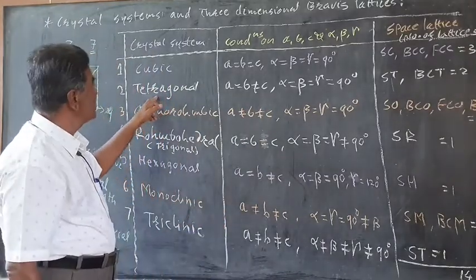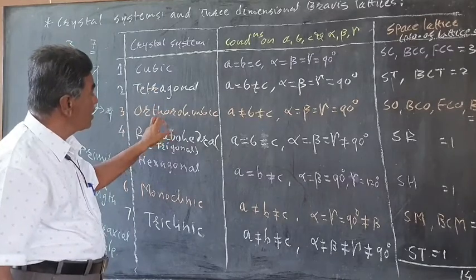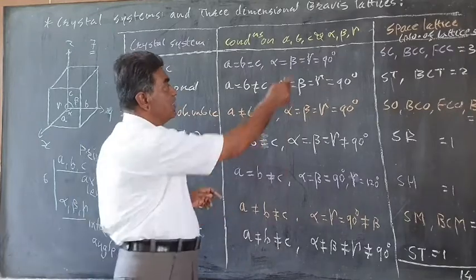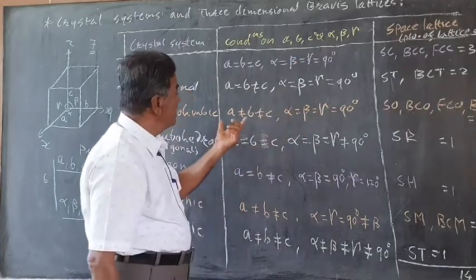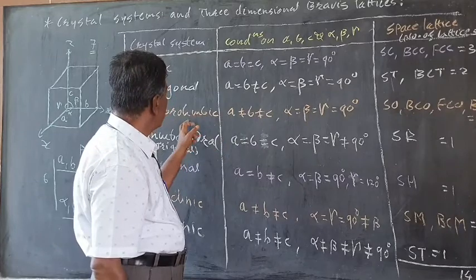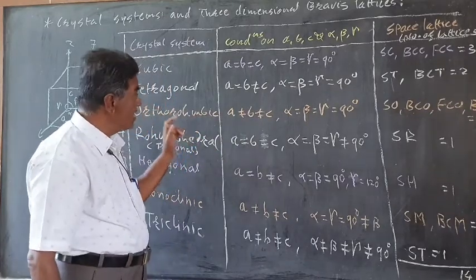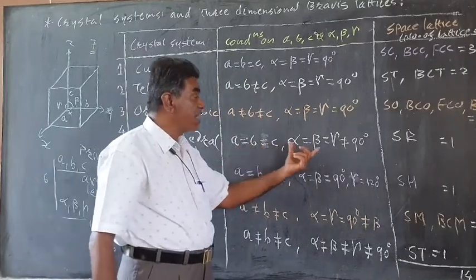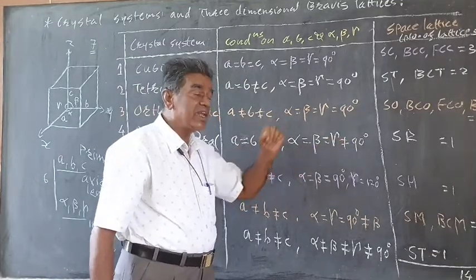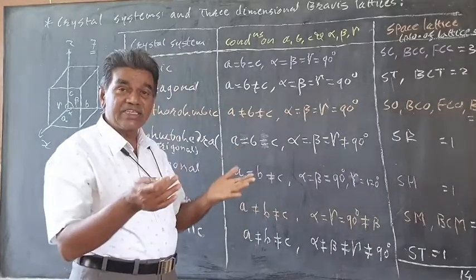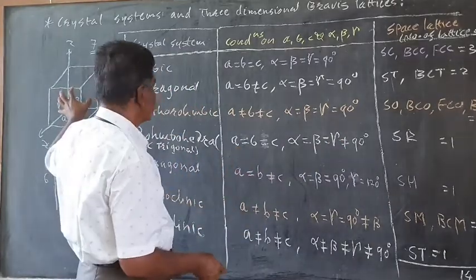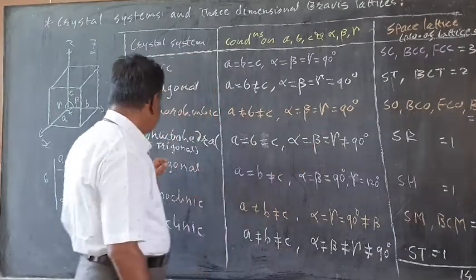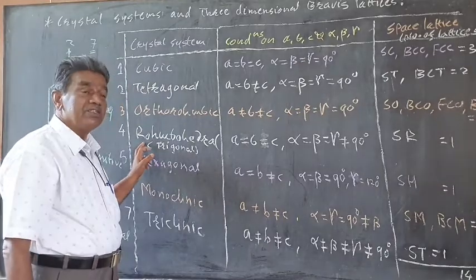So there are 7 crystal systems: cubic, tetragonal, orthorhombic. Orthorhombic is obtained when a is not equal to b is not equal to c. Here the angle condition is the same, that is 90 degrees, then it is called the orthorhombic system. Again, if we take the condition a = b = c and all the angles are equal but not 90 degrees, meaning 3 equal axes are equally inclined, so this is equally inclined, not equal to 90 degrees,